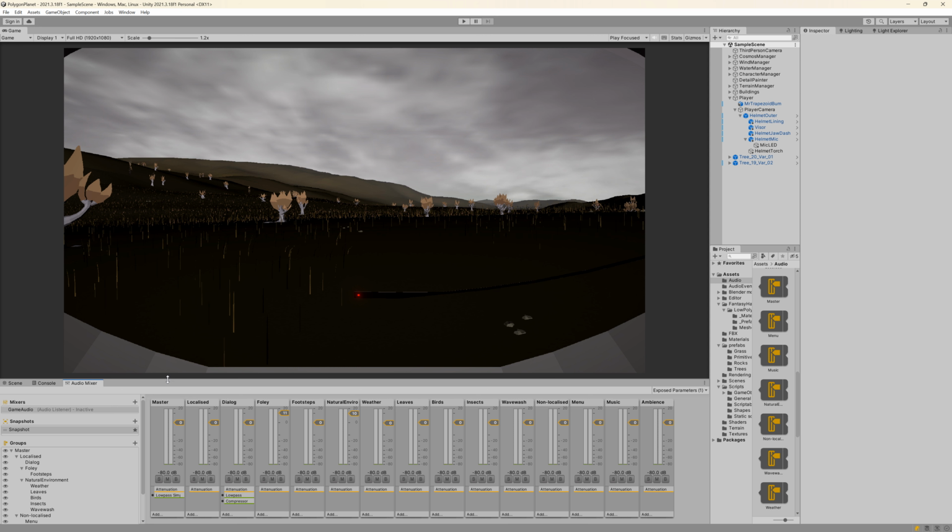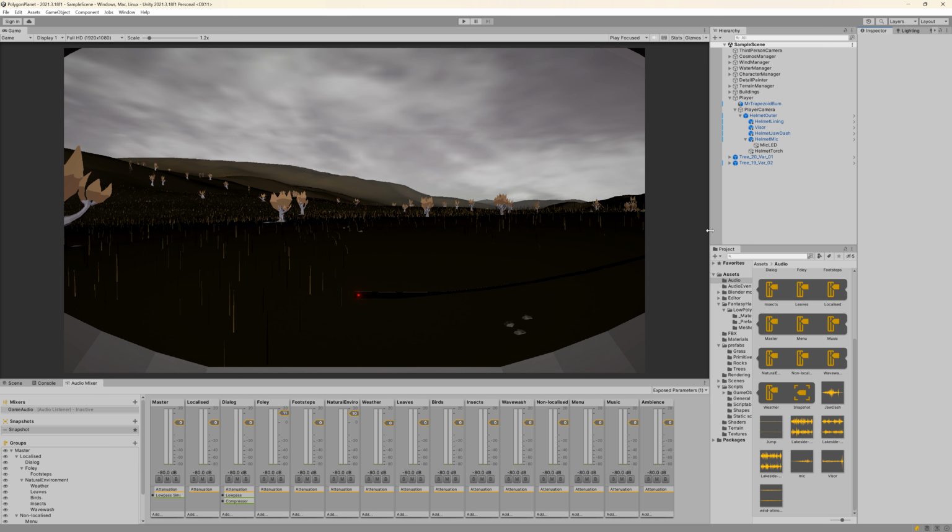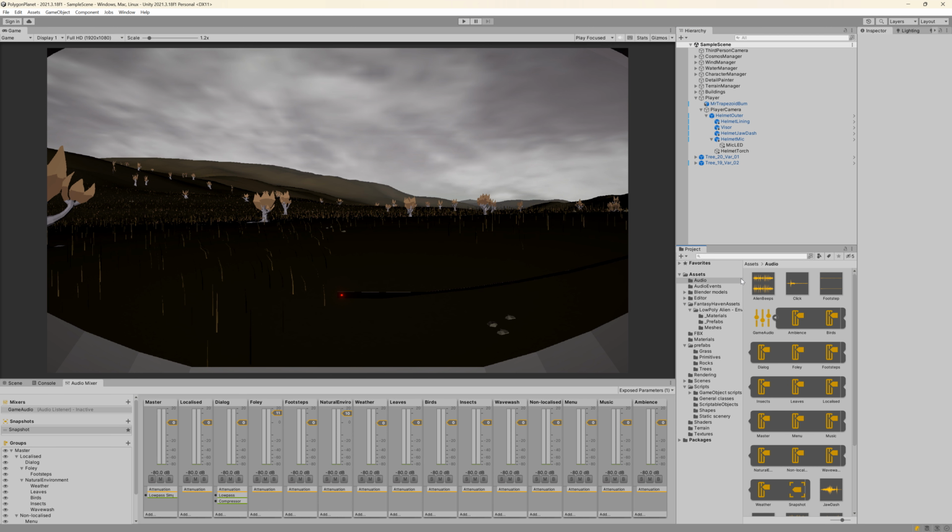I'll not go into it in detail because obviously Unity and other things explain how it works, but in quick summary for myself when I'm reviewing these videos in the future, the audio mixer is a singleton. I think that's technically correct that it's a singleton. So it's not attached to a game object. It just has to sit somewhere in the assets, and I've put mine in my assets audio folder,